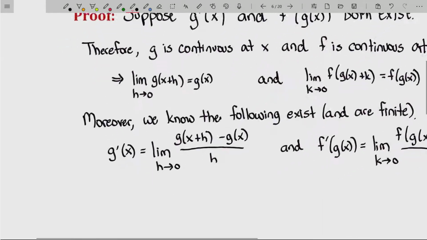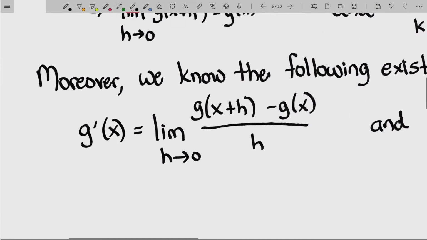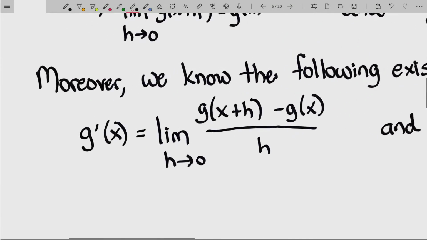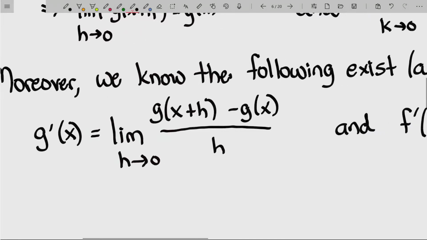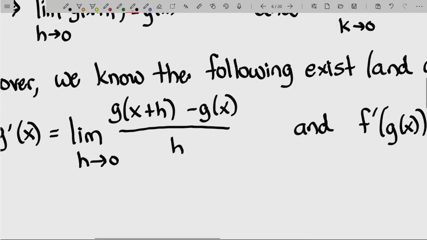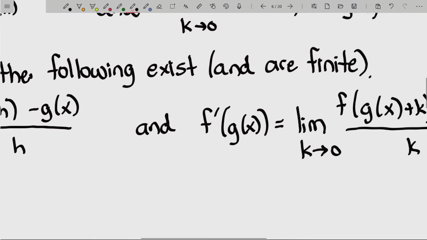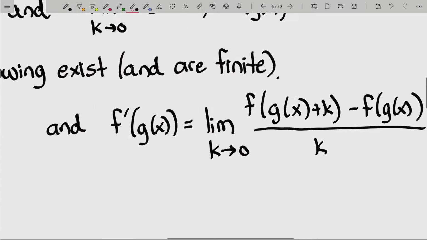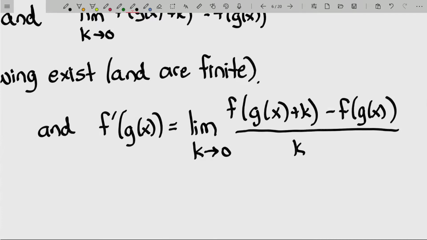G prime at x exists means that the limit as h approaches 0 of g of x plus h minus g of x all over h exists and is finite, by the way. And f prime of g of x exists implies the limit as, now notice I'm not using h, there's a very specific reason. H and k might be tending to 0 at different speeds, so I'm trying to be as rigorous as possible here. So the derivative of f at g of x is defined to be the limit as something is